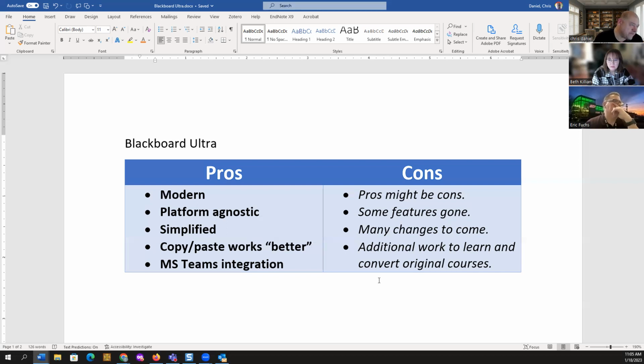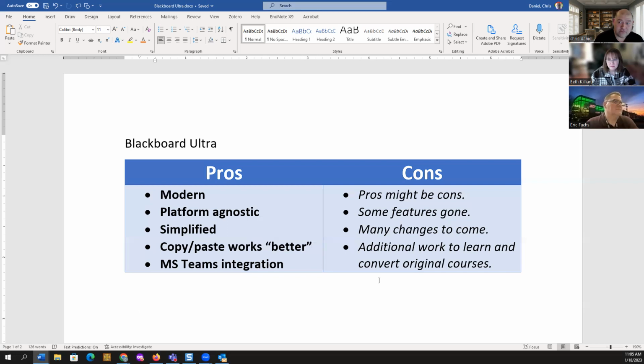But if I just open up a device web browser, I should find that an Ultra course is much more user-friendly than it is under Original, meaning students should be able to see most of the content. I don't know why you would want to type a paper with your thumbs, but that is a possibility, more of a possibility under Ultra than it is Original. It is a more simplified interface into course content. You're about to see that here in just a few minutes.